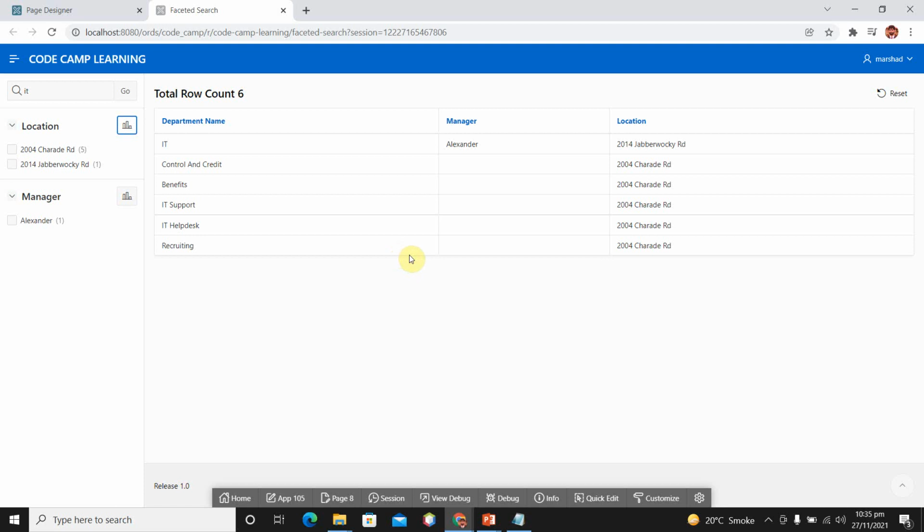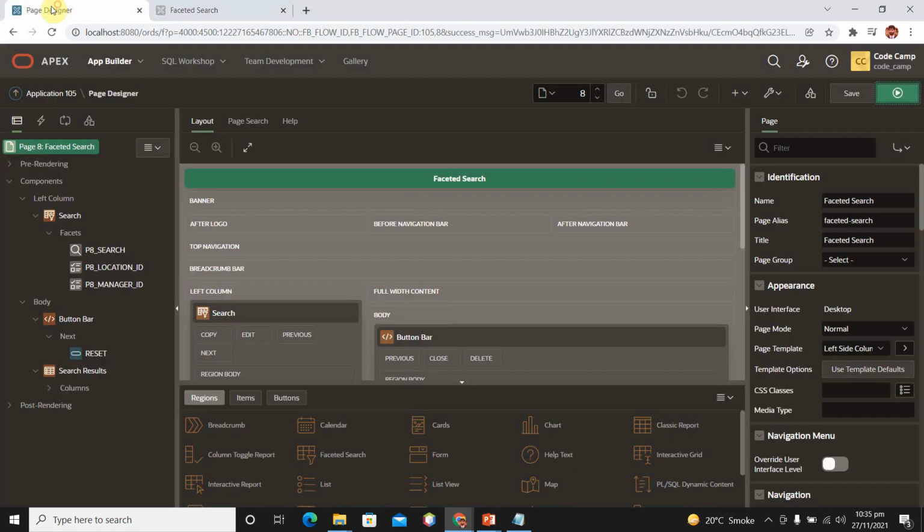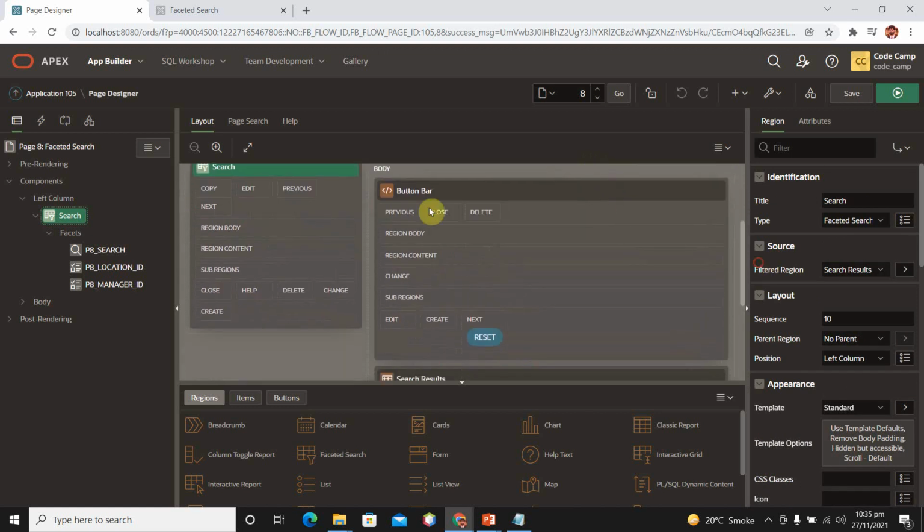Now we want to see its page designer, so let me explain it. In our left pane we have the left column, which is search, and it is shown over here.